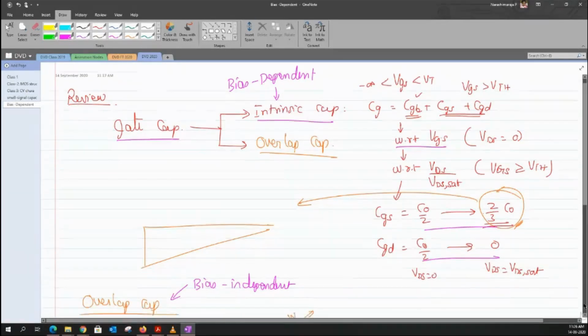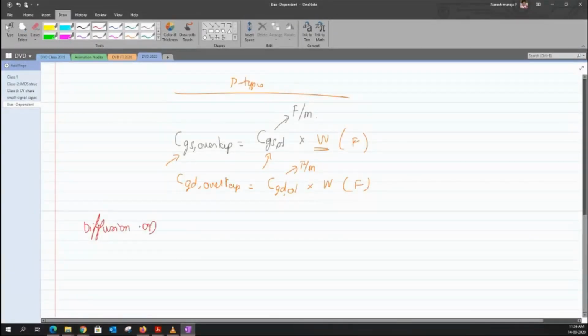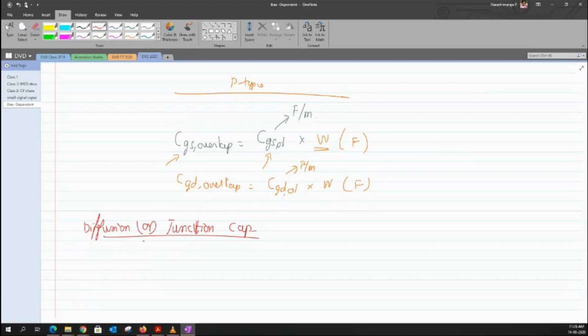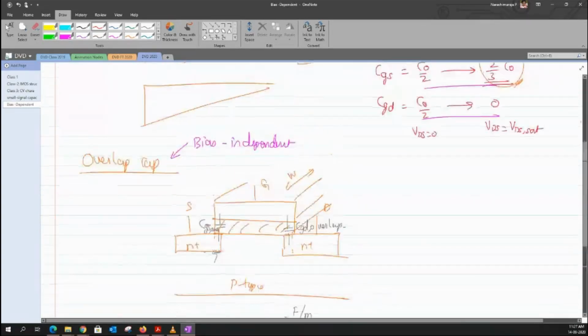But the other capacitance, which I'm about to discuss, the diffusion capacitance, which can also be called the junction capacitance, is an unwanted capacitance. It doesn't serve any purpose. Clear? Whereas the gate capacitance serves to create a field effect, and we call it a field effect transistor for that reason. So the gate capacitance helps us create the channel, whereas the junction capacitance doesn't serve any purpose, but happens just because of the PN junction that gets formed whenever we have these two different materials.